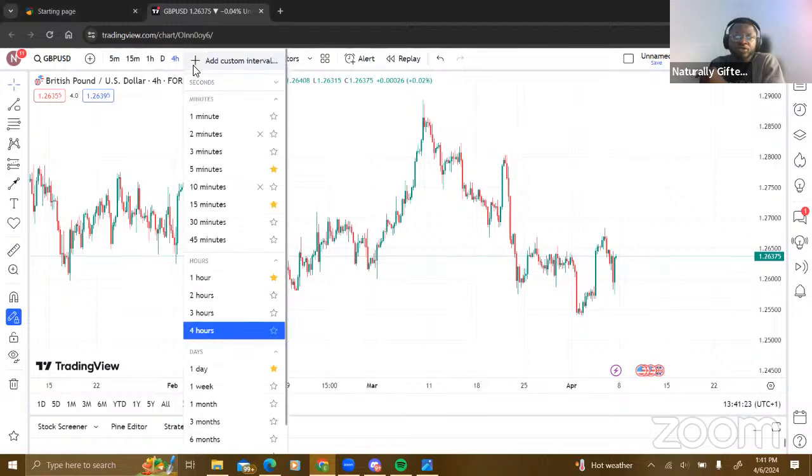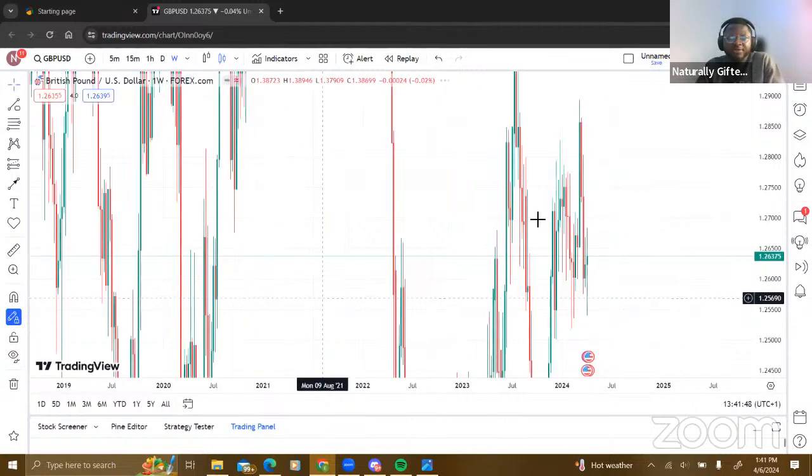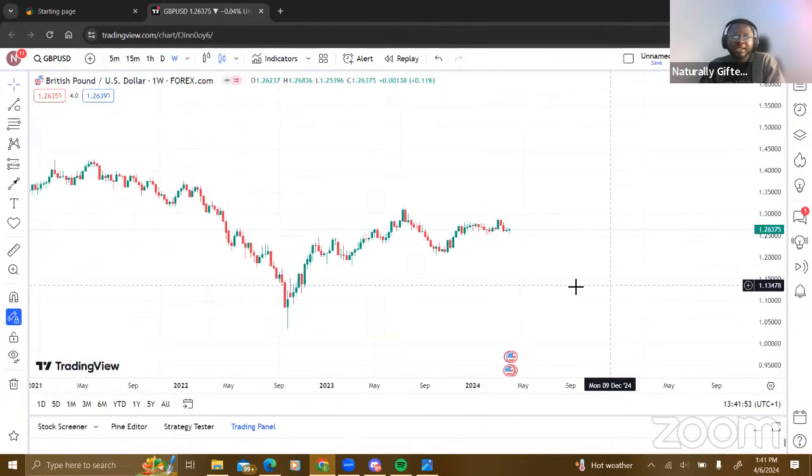Number one thing you want to do is locate the higher time frames. There are different time frames in the foreign exchange market, ladies and gentlemen. You have the 1 hour, the 2 hours, the 4 hours, the 15 minutes, the daily, the weekly, the monthly. If you want to know the direction the banks are looking to take a currency pair at a point in time, go and check the weekly or the daily time frame. You have an idea. Let's take a look at this quickly.